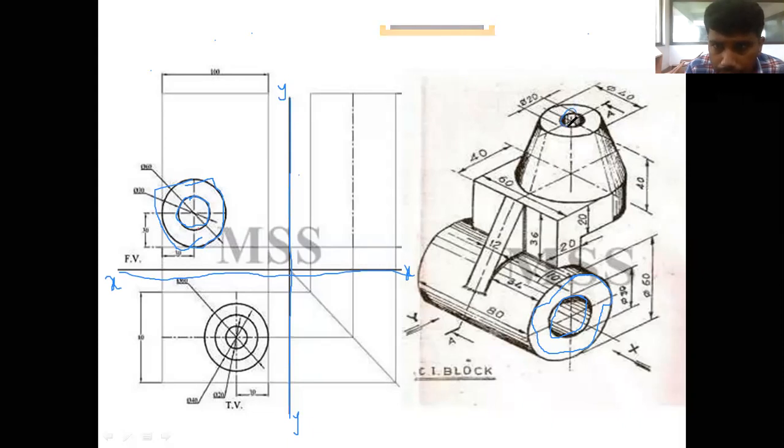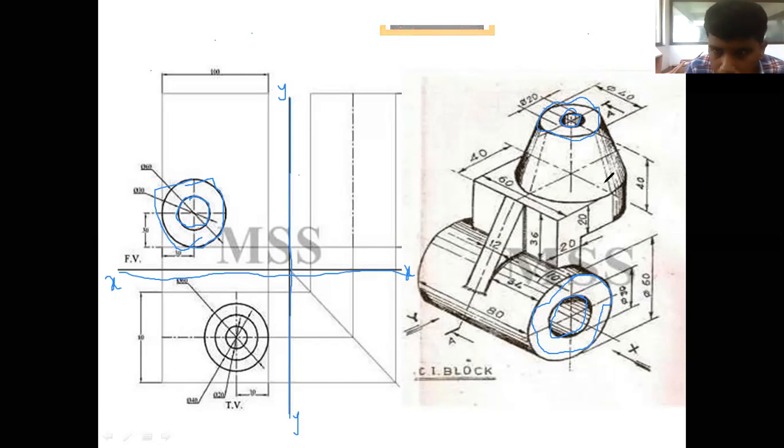So here it is one circle of diameter 20. Next it is 30 from the other end, from the 100 other side. So one circle is there, another circle is of diameter 40.